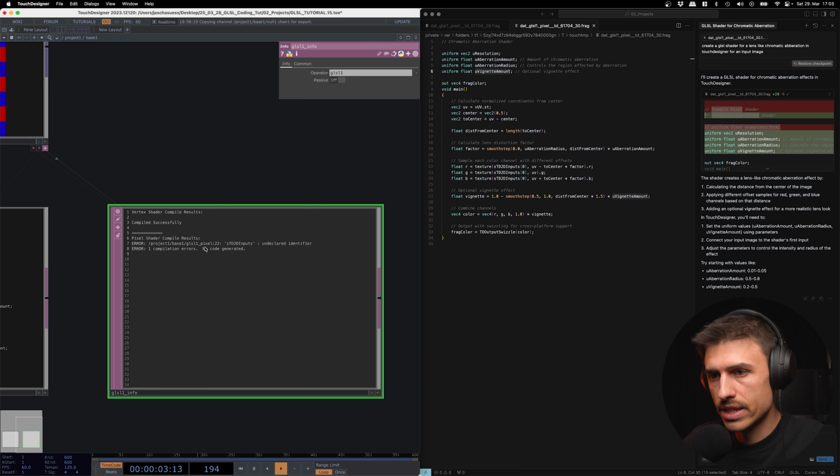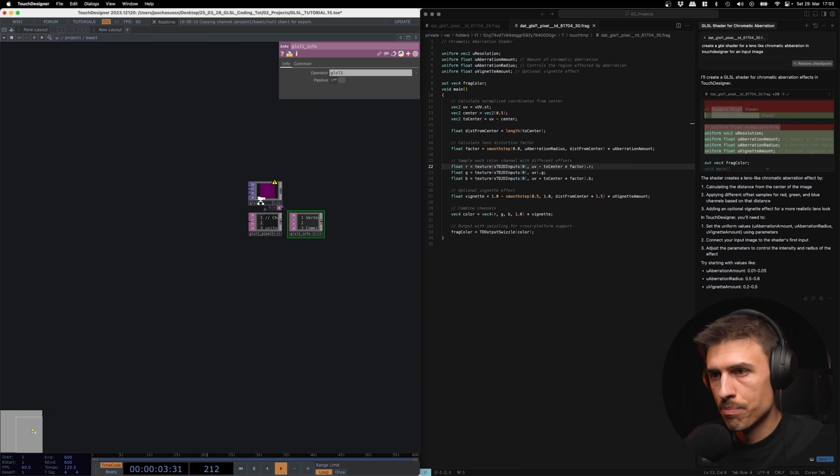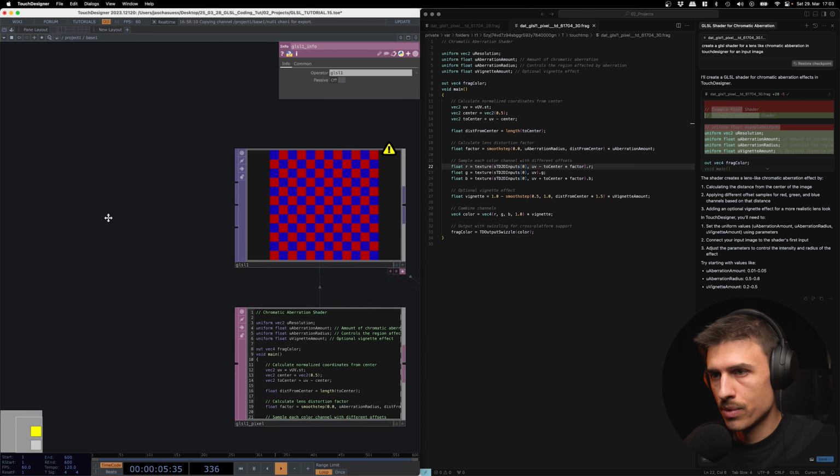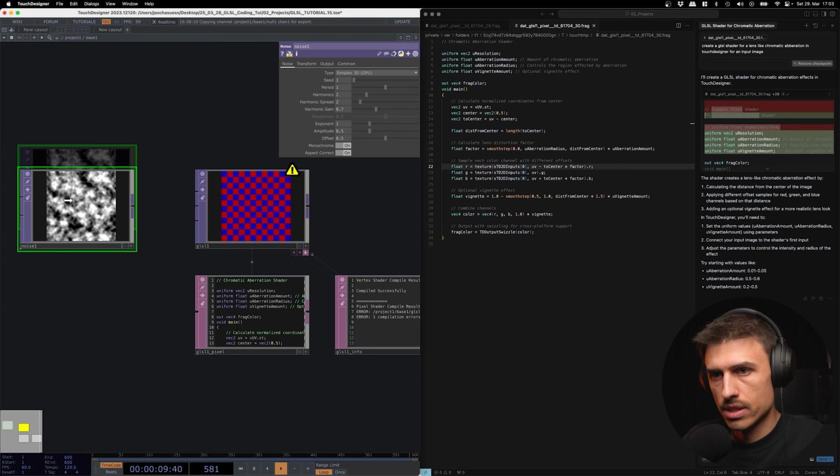But in this case it's pretty clear: in line 22 we have the 2D input, and because it's not getting any input, it says that it's an undeclared identifier. So now if I create a noise and also set the resolution,